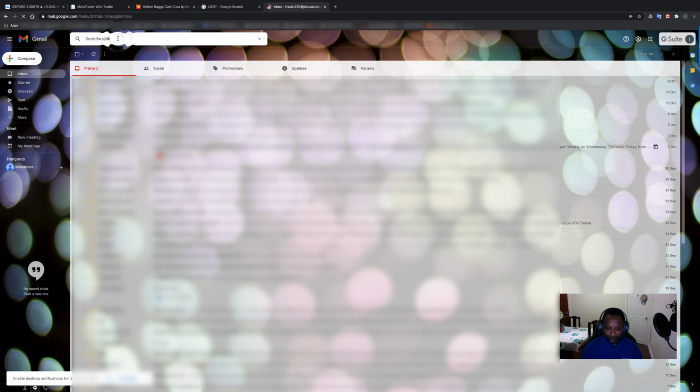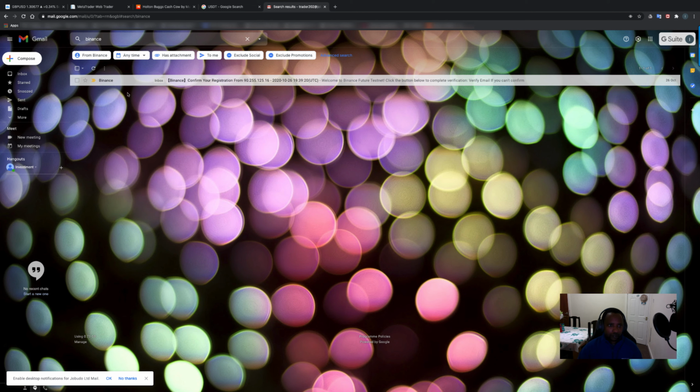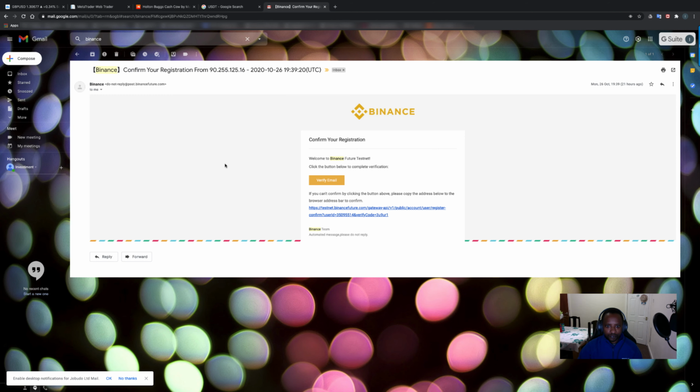Gmail, Binance. Confirm registration, and then you will click on the link, or a button where you're going to verify your email, and then when you click here,